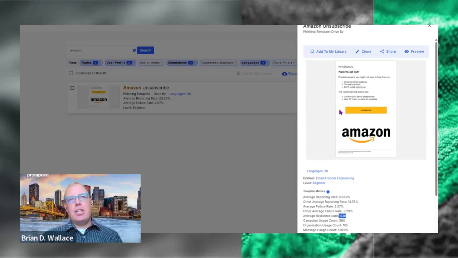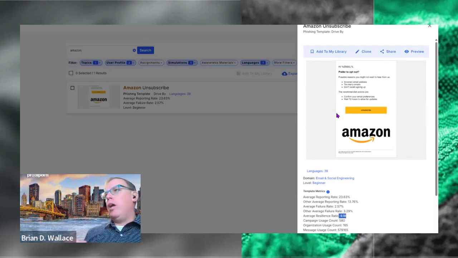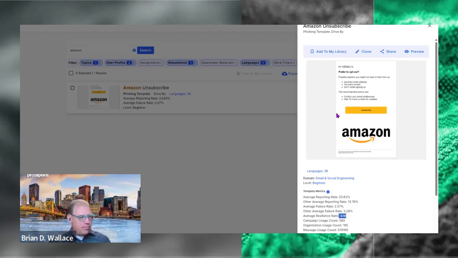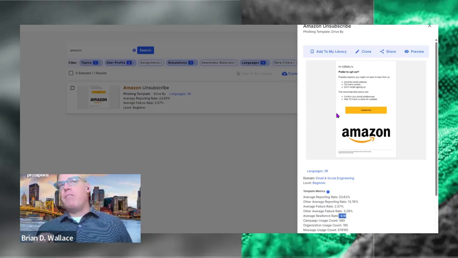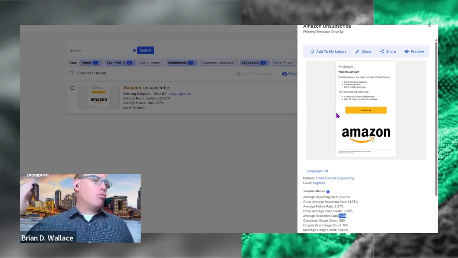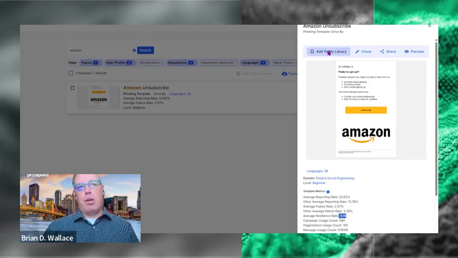Now, in addition to that, let's do a use case. Let's say it is September. We know that we have Cybersecurity Awareness Month quickly approaching us. So we know we are going to be so busy during that month. There's no way that I'm going to have time to look up phishing templates to use. So maybe in September, I want to start finding ones that are appropriate. And I really like this one, so I'm going to go ahead and add this to my library.